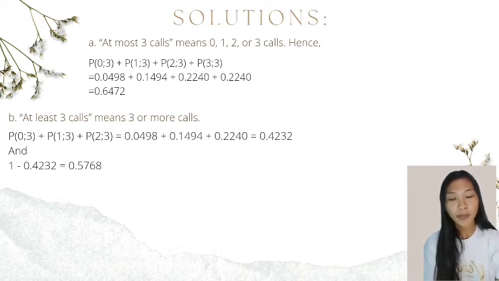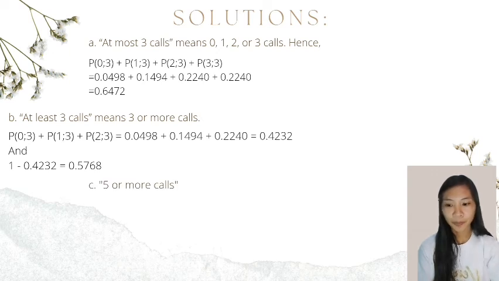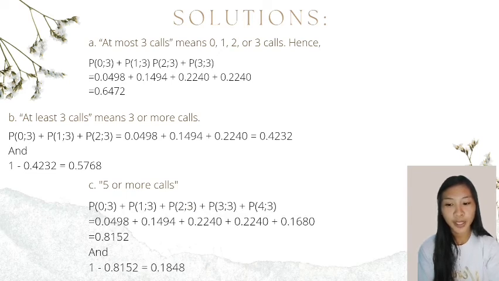And 1 minus 0.4232 is equal to 0.5768. For letter C, for the probability of 5 or more calls, it is easier to find the probability of getting 0, 1, 2, 3, or 4 calls